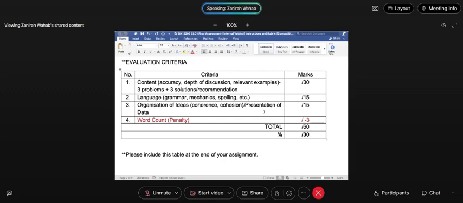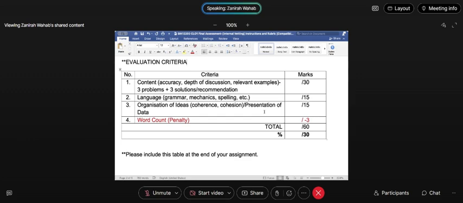Okay? Okay, and organization of ideas. This is also a language aspect, and the presentation of data. Organization of ideas is coherence and cohesion. Coherence between your ideas and the flow in your paper, and cohesion. If you talk about issue number one,